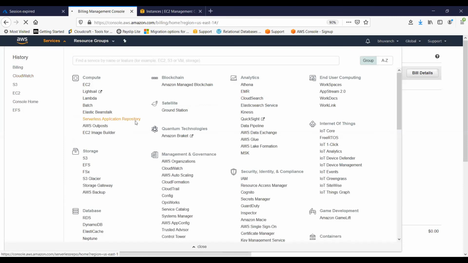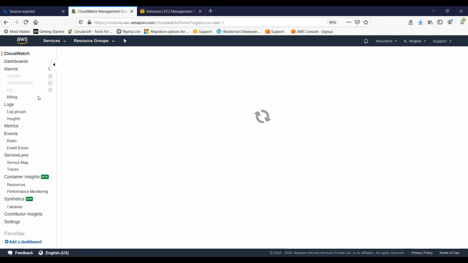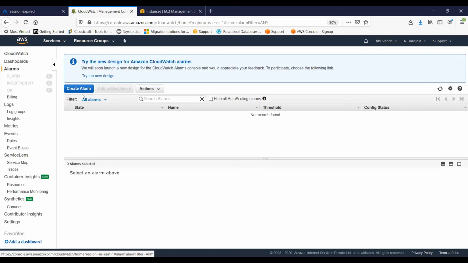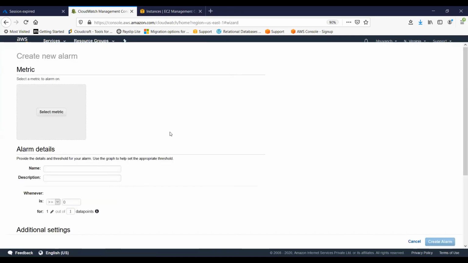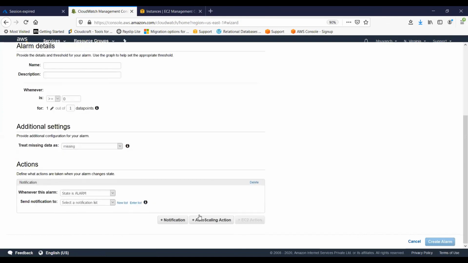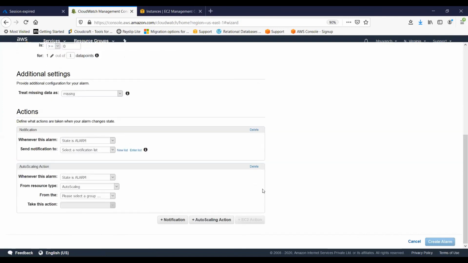I'll show you auto scaling again, don't worry. Yes, the same screen where you entered the email ID. I'll not create it, I'll just show you here. You can see this auto scaling action. You can see what you want to do: auto scaling, or you want to use EC2 container service. Right now we don't have anything, so we cannot do anything, but this is where you can auto scale if you want to.